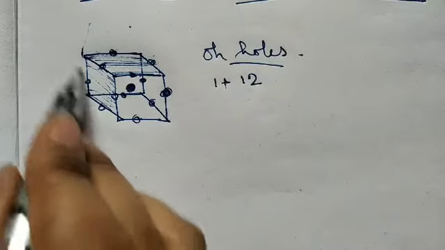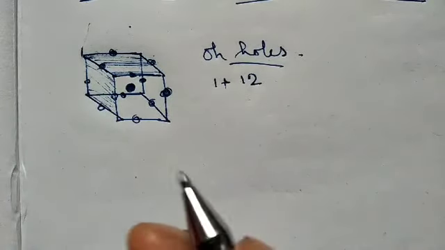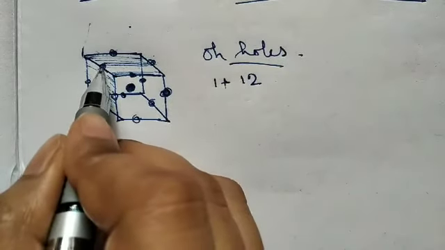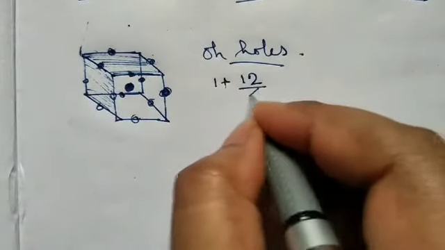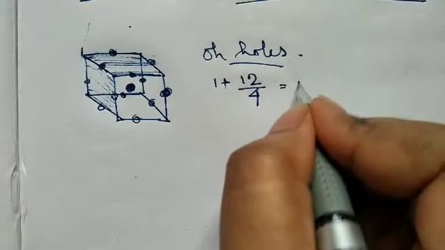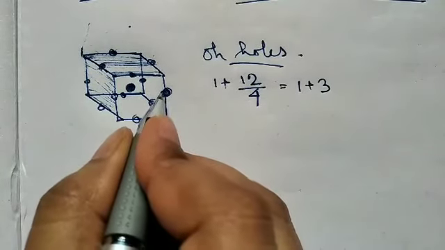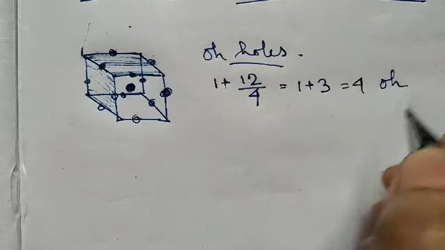Okay, so this way, actually if you think three-dimensionally and see the pictures in the books properly, you can see one octahedral hole in the edge will be shared by 4 cubes. Therefore one cube will have total 3 edge octahedral holes in the edges and 1 in the middle. Therefore total 4 octahedral holes are there.